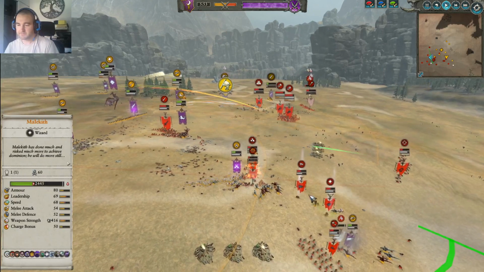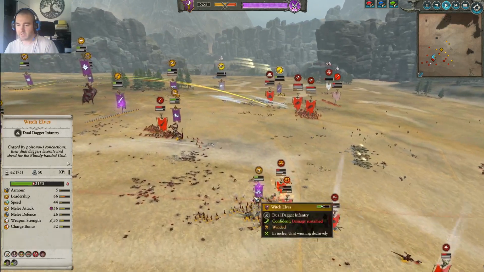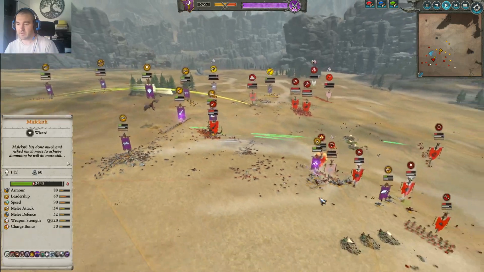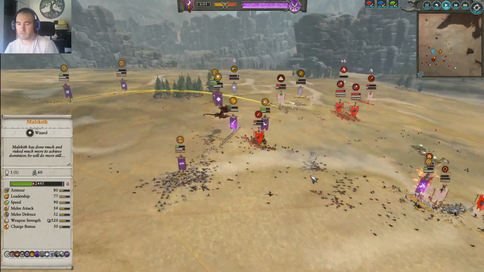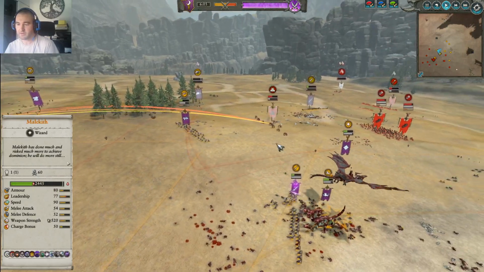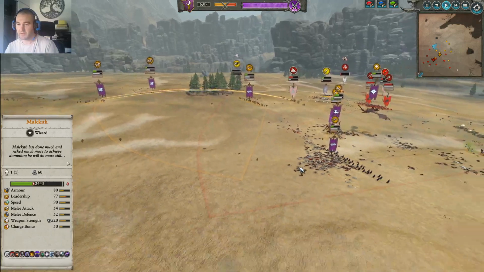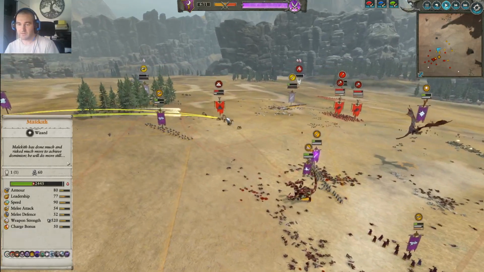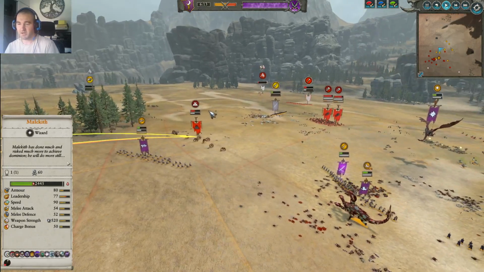Skrulk's in here. He's going to try and anchor them. Witch Elves getting into the Warp Lightning Cannon. Just a really, really well played game here from Sixpath overall. I am super impressed with all the things he's microed. And I like the balanced roster. He hasn't brought a huge number of units, but the units he's brought, he's been using to full